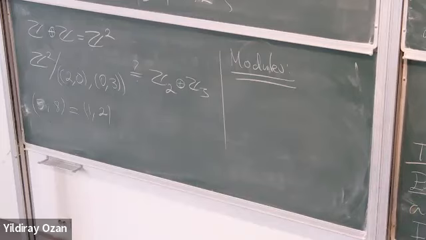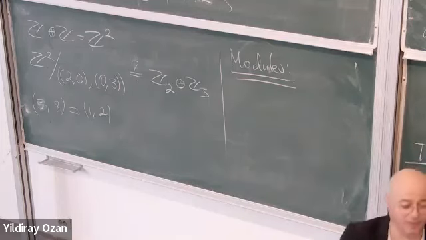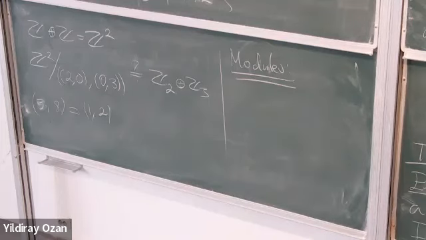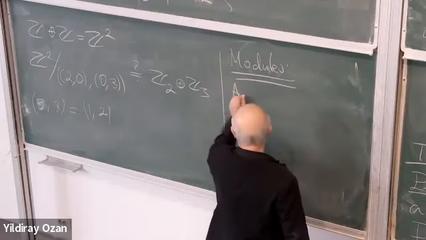Modül nedir? Modül is just a vector space, but instead of a field, right, we consider vector spaces over a field. We have a field. It can be any field: real numbers, rational numbers, complex numbers, finite fields. Modules are almost the same thing, but the ring is not a field, just an arbitrary ring. Okay, so a module